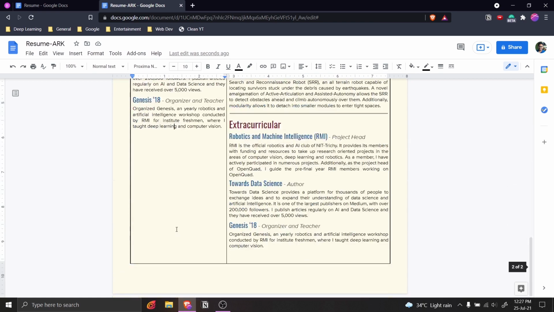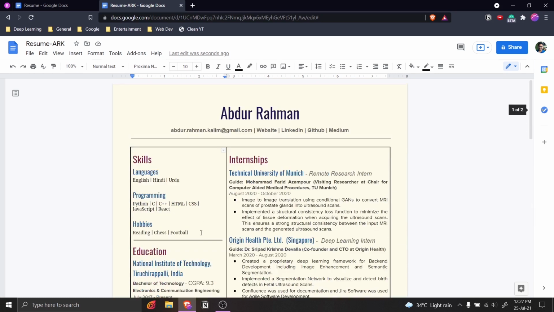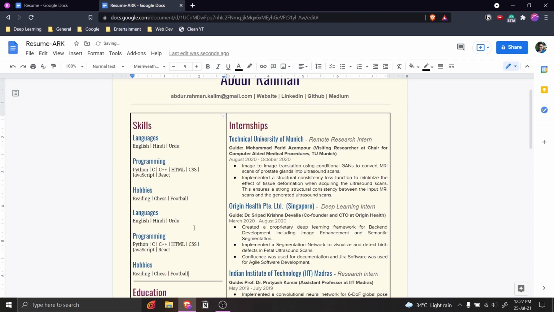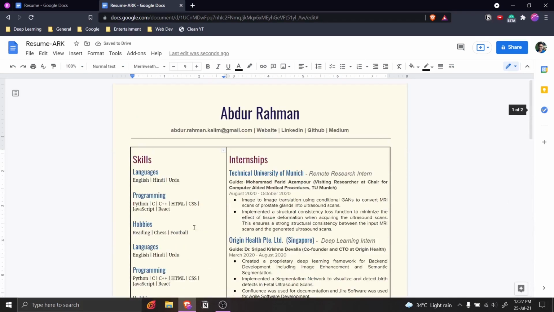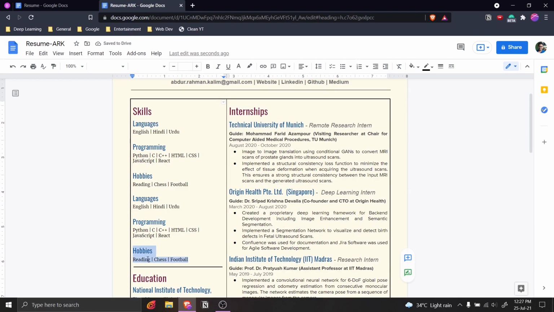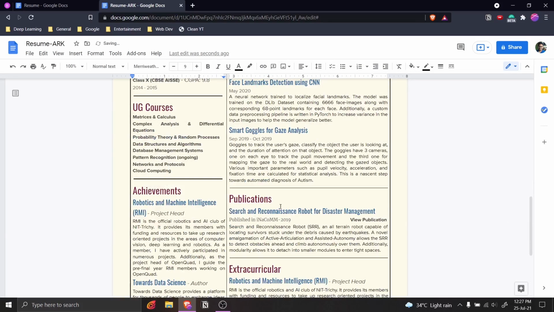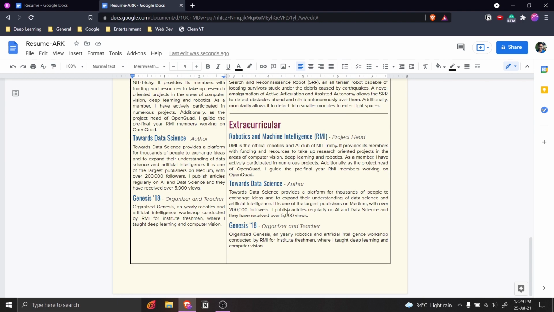And also if you want to fill up this empty space, you can just add more skills as you want, and that should do. Maybe if we add another set of skills, it will be far better. And yeah, so now our resume is almost complete.